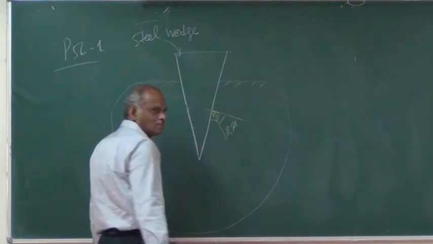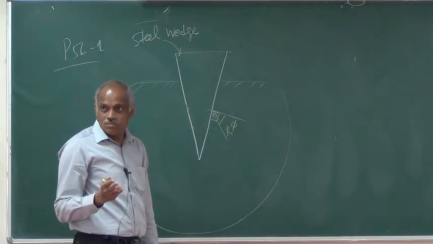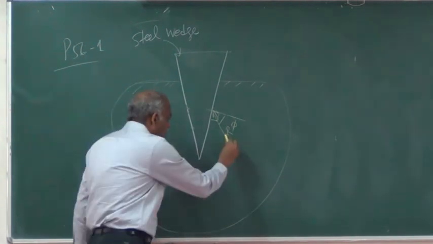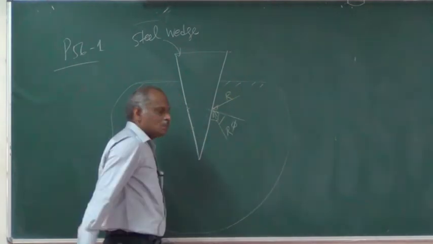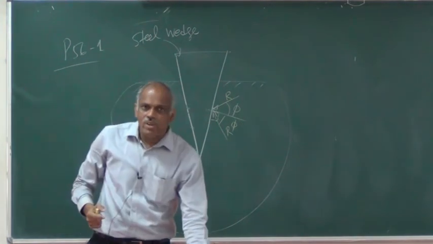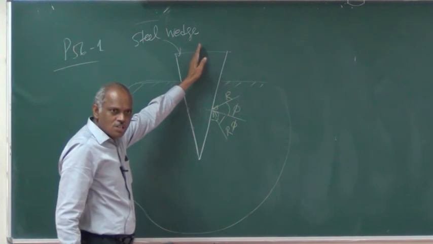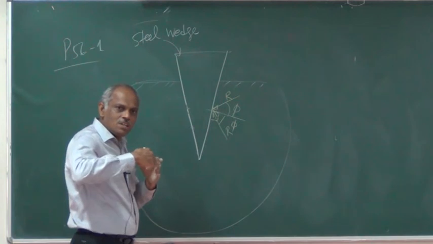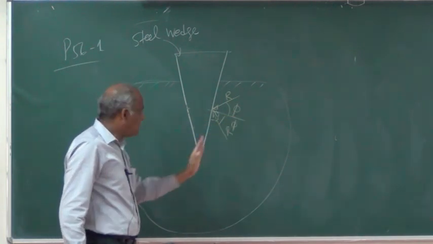of phi, that is equal to tan of the angle of friction. Okay, but whether it will be in this direction or this direction is a question. The reaction will be, when the slipping is about to happen, when the wedge is about to pop out, it's about to move outwards, the reaction force which will make with a normal an angle of friction phi, but either this way or that